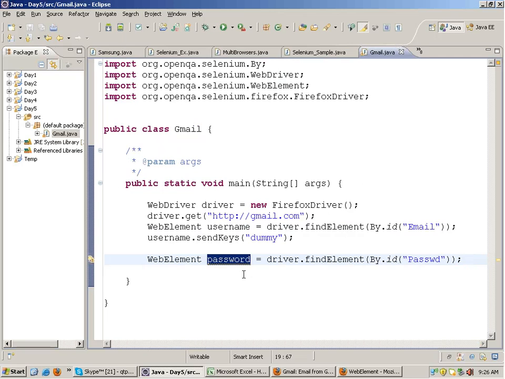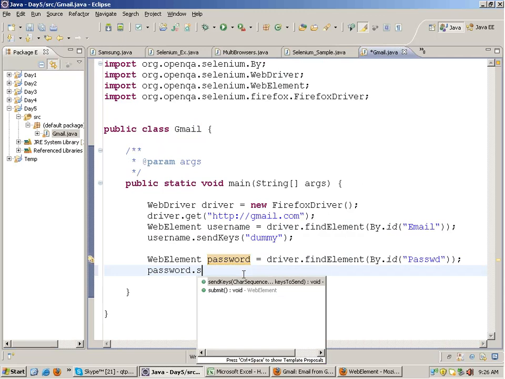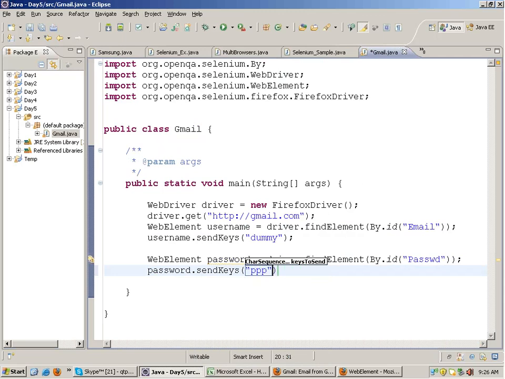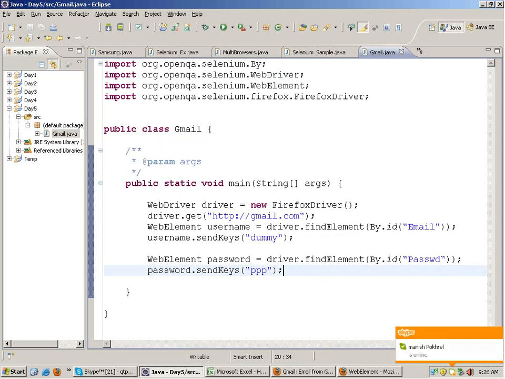This is the password element. And you write over here password.sendKeys with some password. So now if you run this,